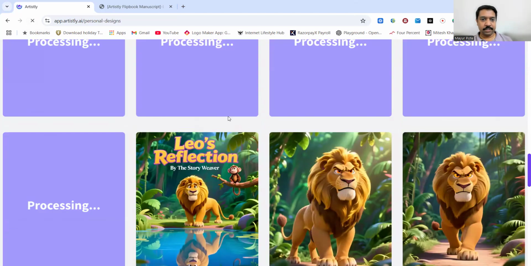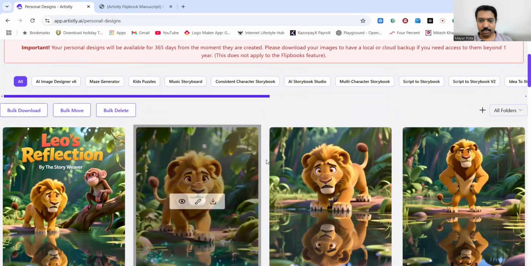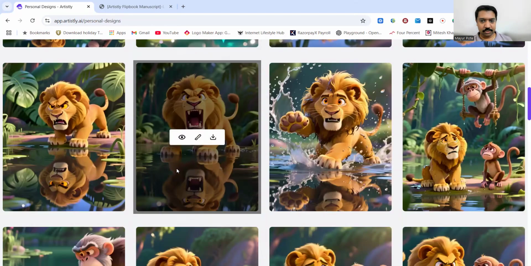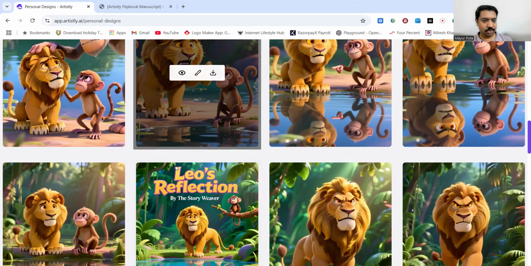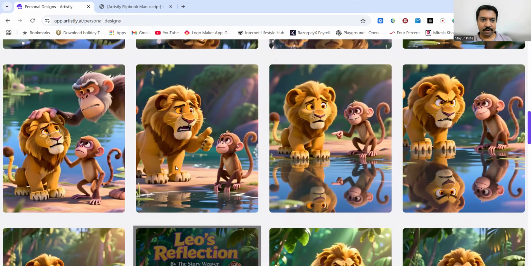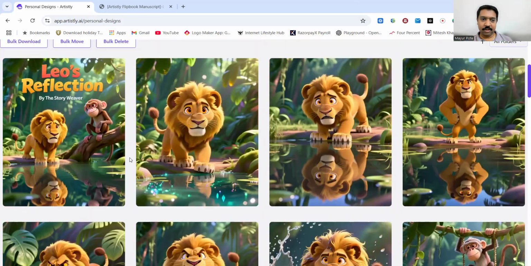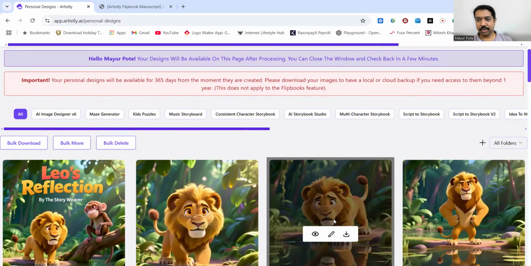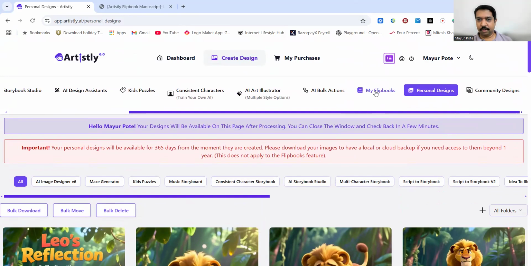Let me refresh it. Yeah, so our new storybook also got created. As you can see, these are the images which got created. If you're not happy with something, like here you can see there are two monkeys, you can edit it. Okay. And once these images got created, you have to go to My Flipbook,